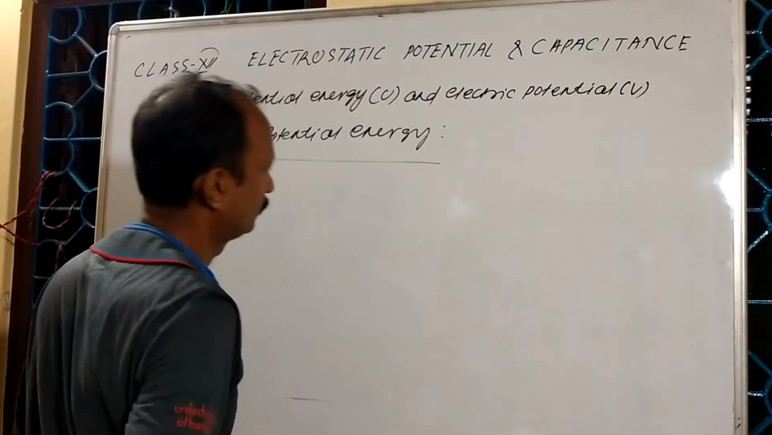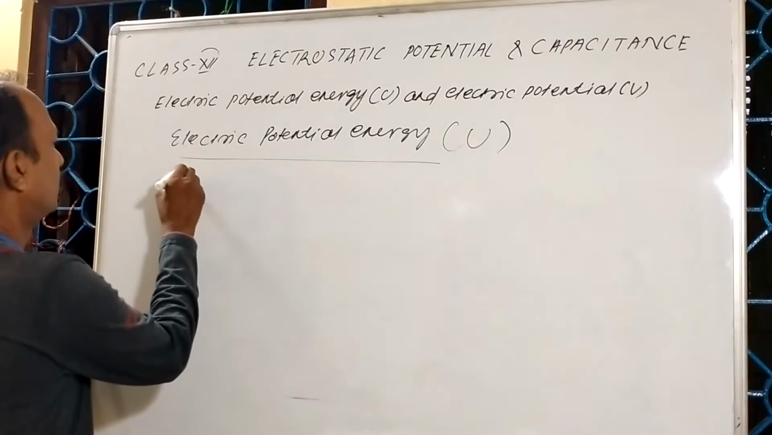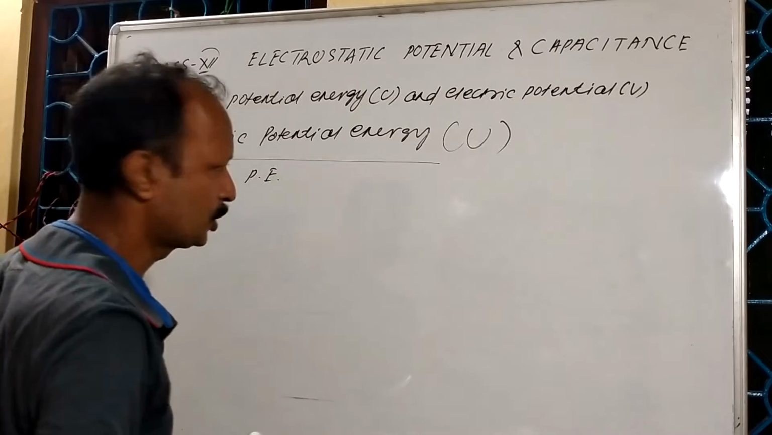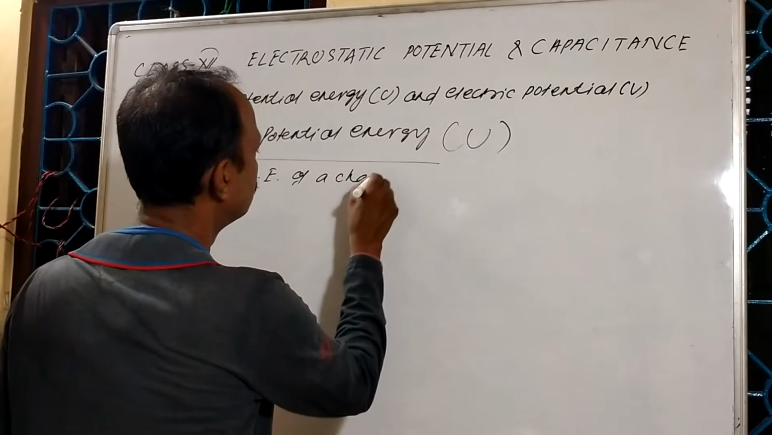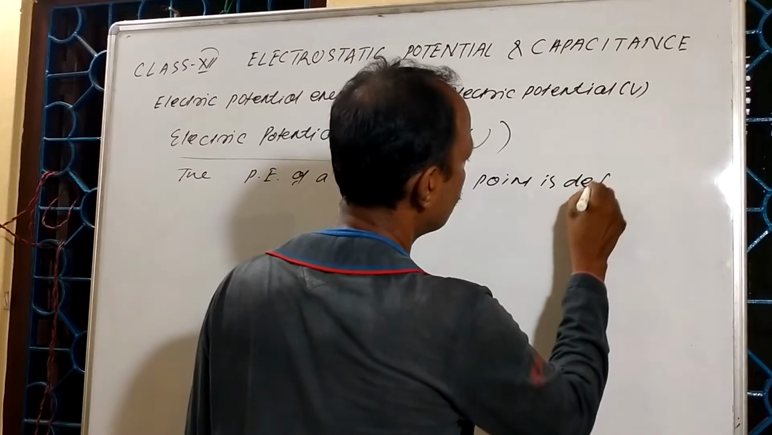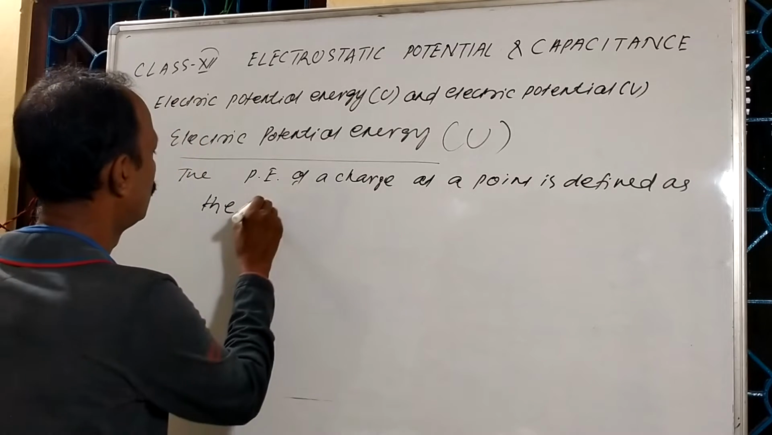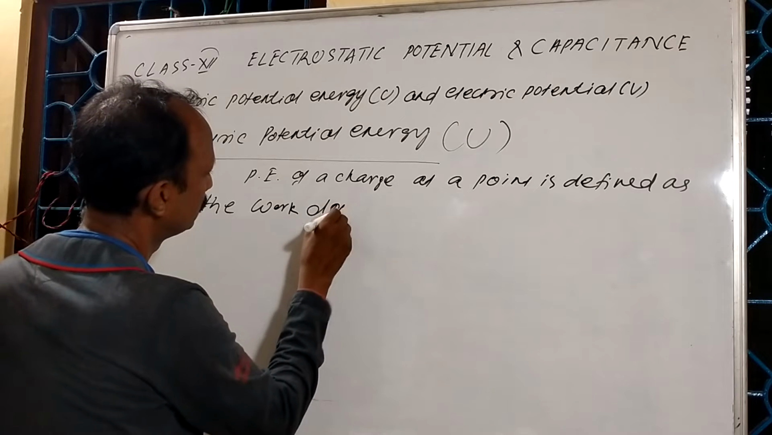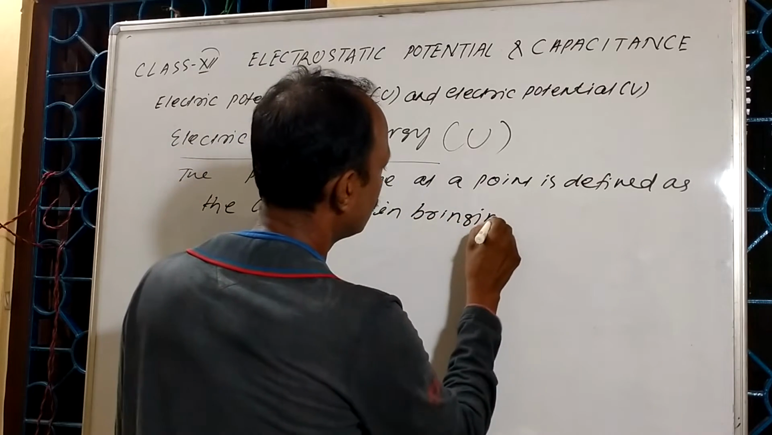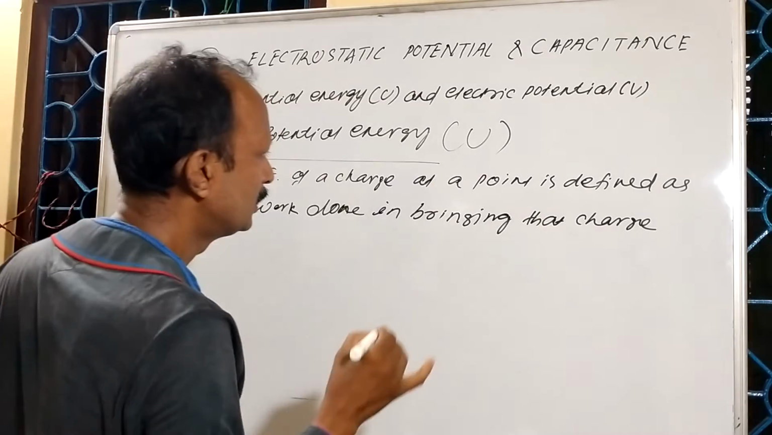Electric potential energy. We write it generally by the symbol U. So, the electric potential energy of a charge at a point is defined as the work done in bringing that charge